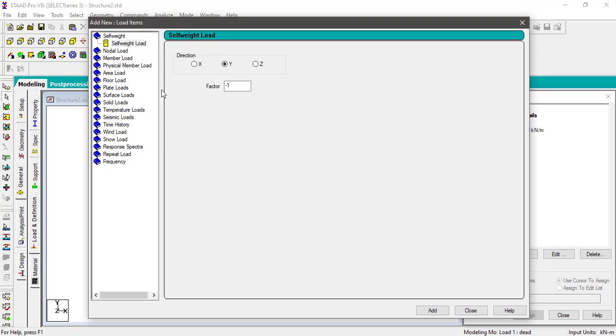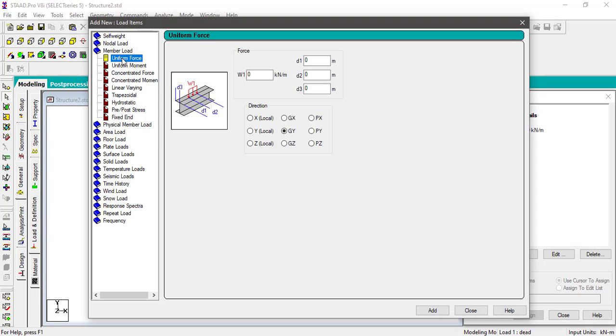Second load I will add. Here we have local and here we have global axis. So for uniform load you will have global axis. You can refer to these things. But for trapezoidal and linearly varying you have to refer to local axis. So here I have -15 kilonewton acting downward, to a distance from here to here, starts from 0 to 2 meter. 0 to 2 meter distance.